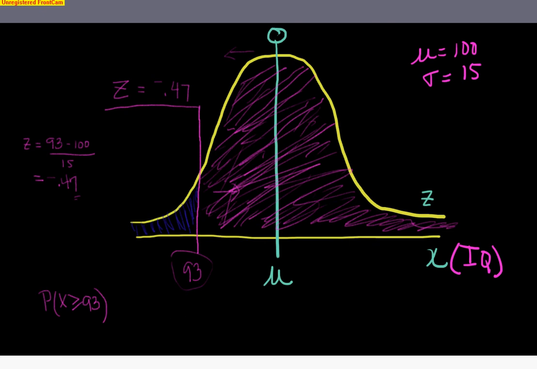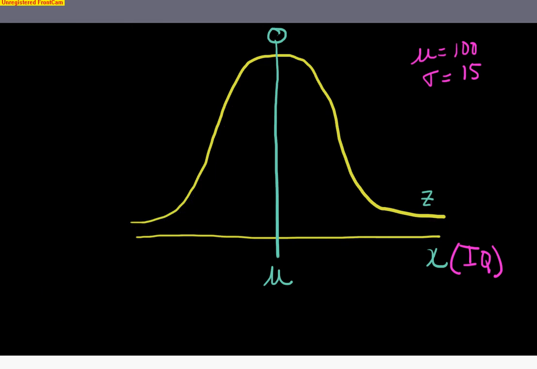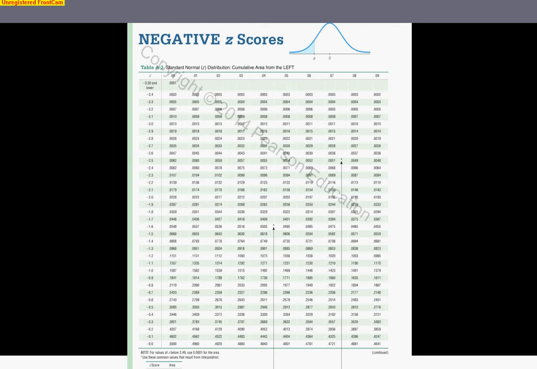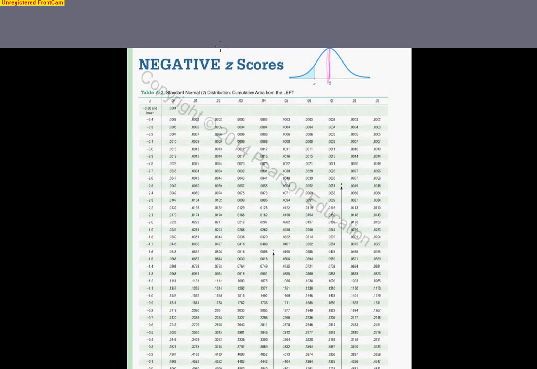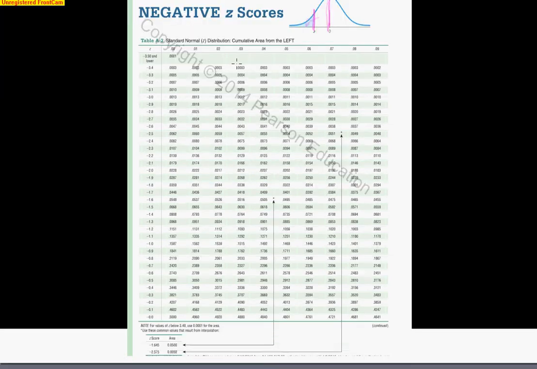Now what I need to do here is close this and open up my z-table for the negative. Where was that negative z-score? Here it is. You notice here it says negative, and that just means the area we're now looking at is below the mean, below this z-score, because it's always going to use the left. All right, so our z-score was